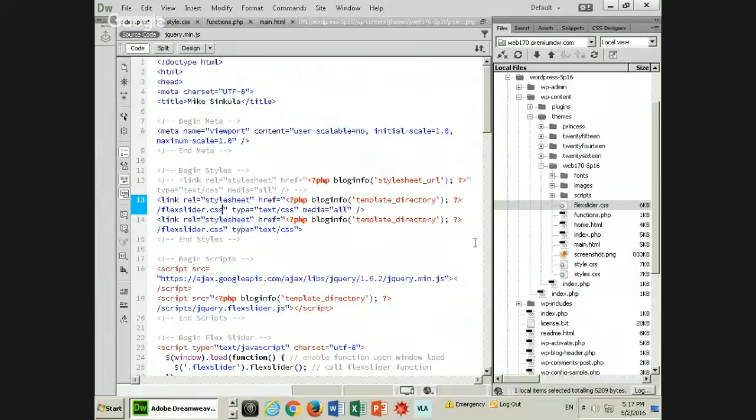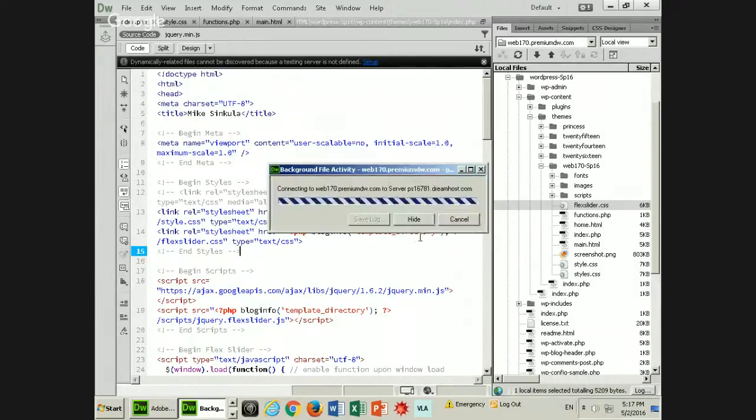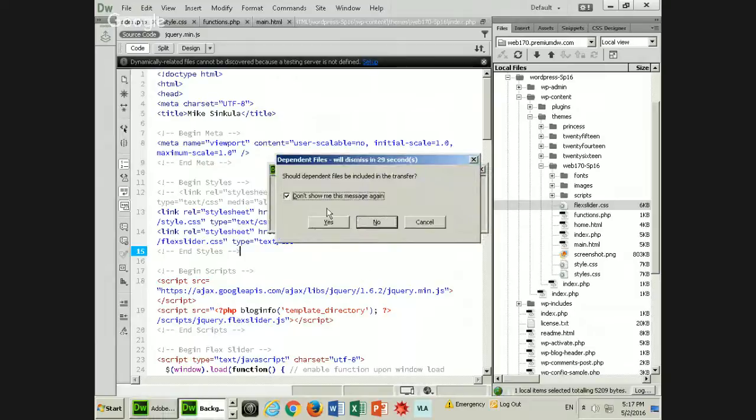So if I had any other style sheet or even the main style sheet, I could have done it like this and looked into the theme folder, made sure I put the slash there, and pointed to style.css. So if I save that and it gets published up to the interwebs,